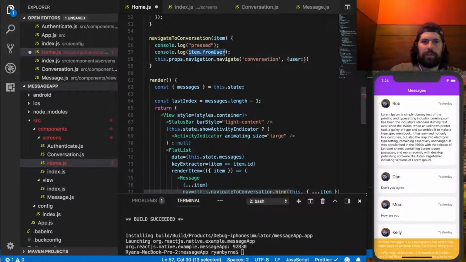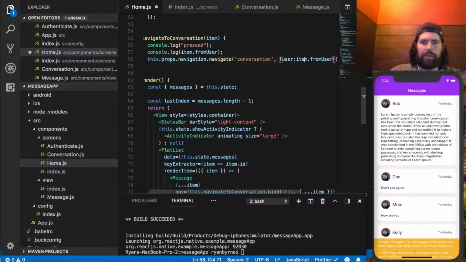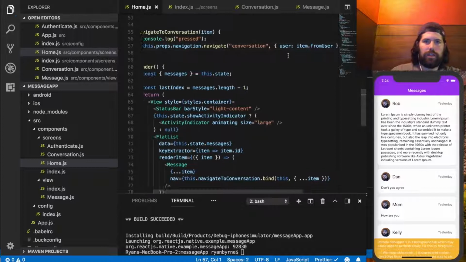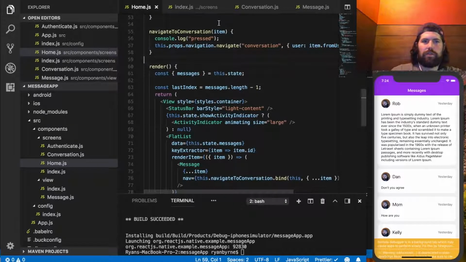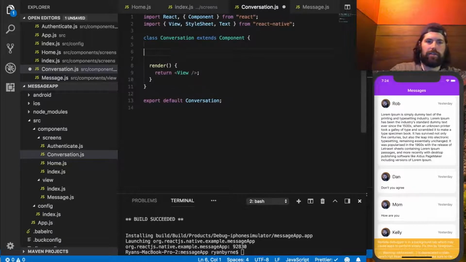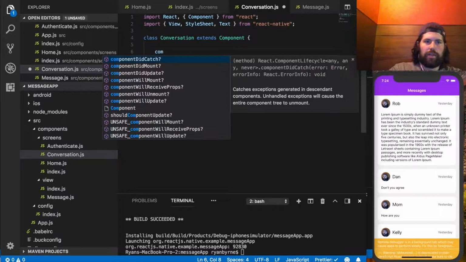I typically use Redux, so sometimes I don't pass too much between the components, so I forget. But item.fromUser. So let's pass that in, and then right here, let's do a componentDidMount